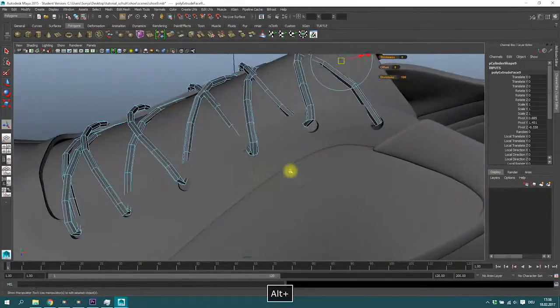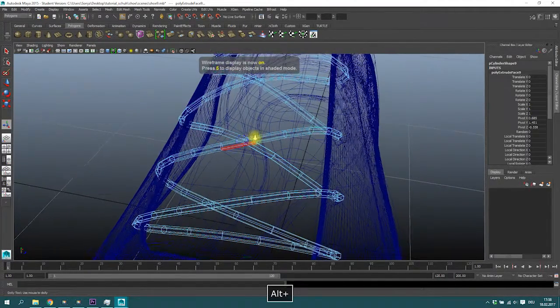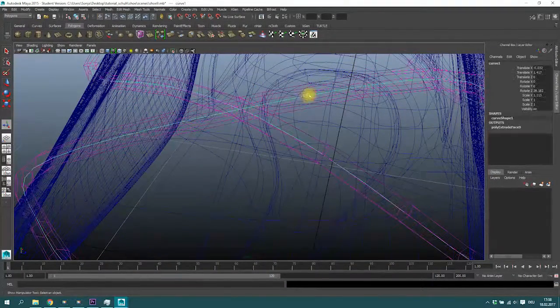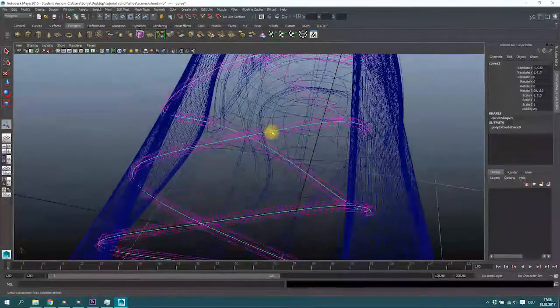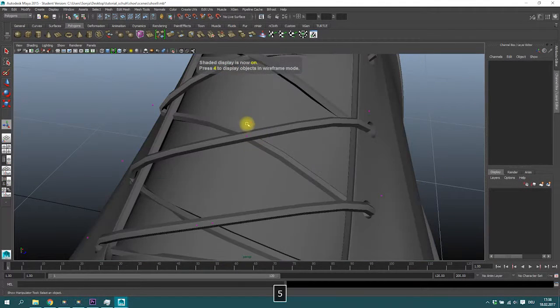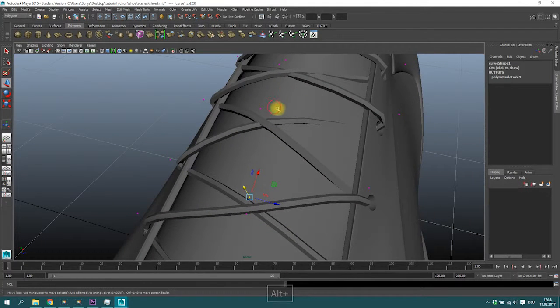I'm happier with that. What you can do also in this step, when you select the curve inside and go to control vertex, you can also adjust here the curve, okay, and you can do some more modifications